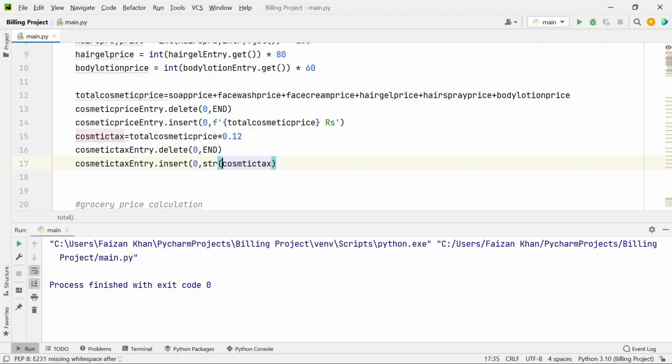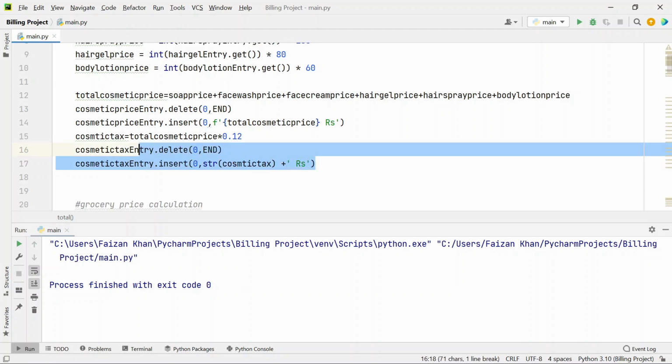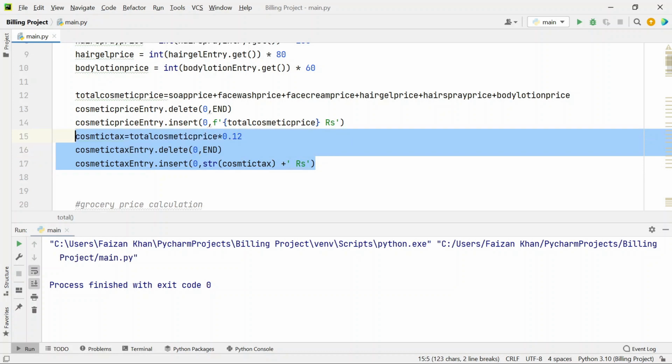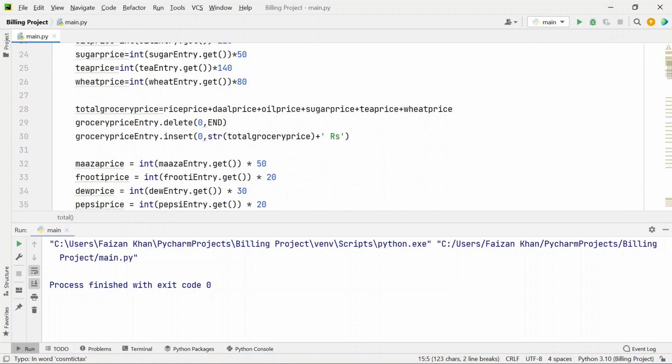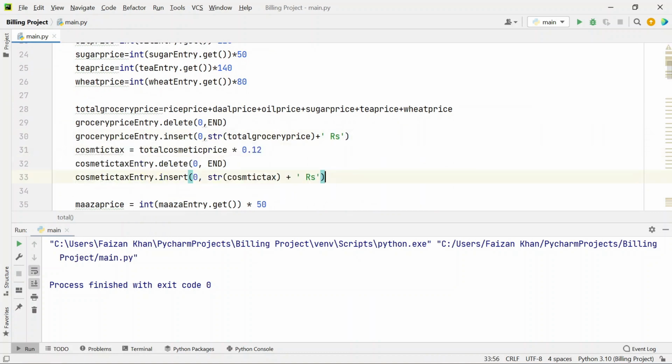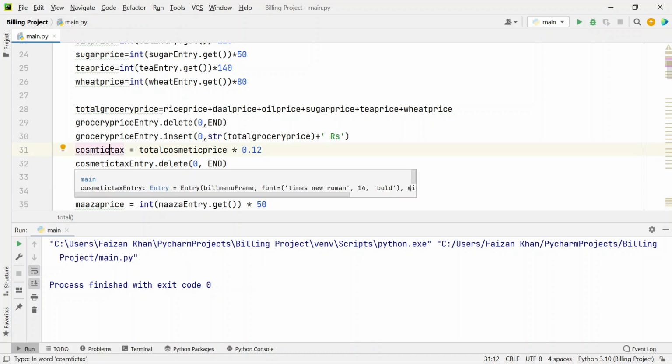For that you can convert it into str and then add Rs. The same thing we'll do to calculate grocery tax. So we'll copy these three lines, we'll go here and we'll paste. We'll change the variable names,